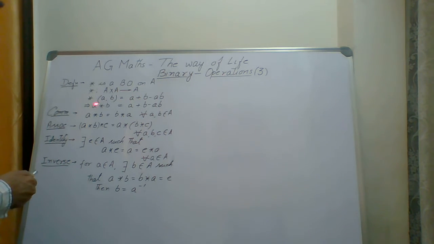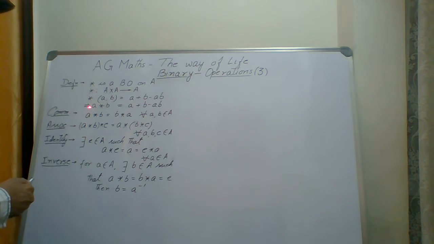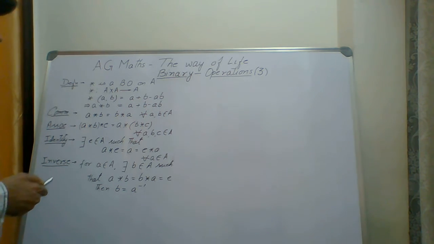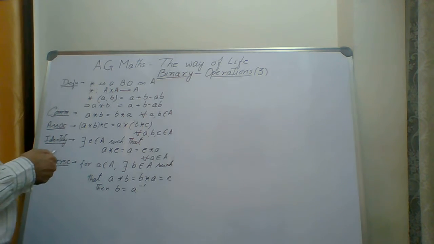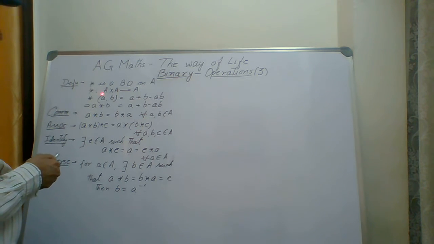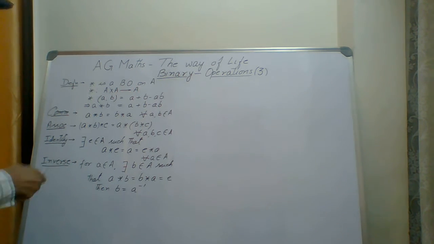Then we can also write binary of AB as a new function, A plus B minus AB. This function can be anything. Here, for example, I have taken A plus B minus AB. Or we can write in a different pattern like A binary B, which is read as A binary B is equal to A plus B minus AB. A plus B minus AB is the function. But this function has a specialty which we have discussed earlier, that there is no domain or range; here there's a set, a Cartesian set, or a pair of elements comes which gives us an image, which should also be in the same set.